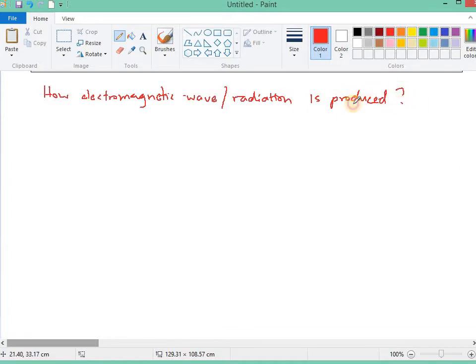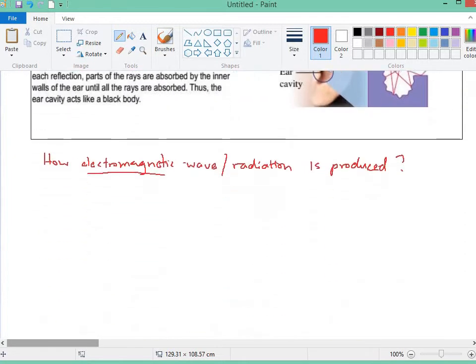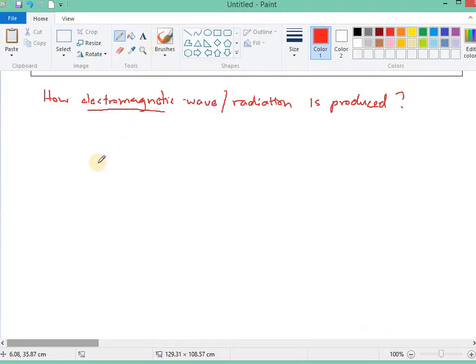How is electromagnetic wave or electromagnetic radiation produced? Previously we learned that when we have a charged object, let's say we have an electron, the electron is negatively charged. So if we have an object that is negatively charged, then that means around this object